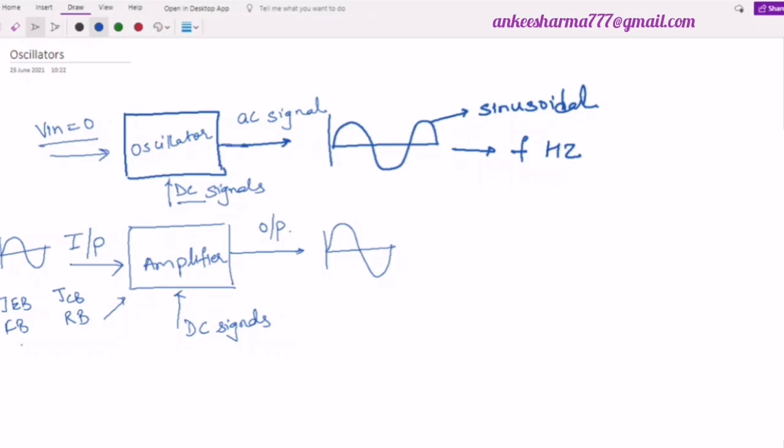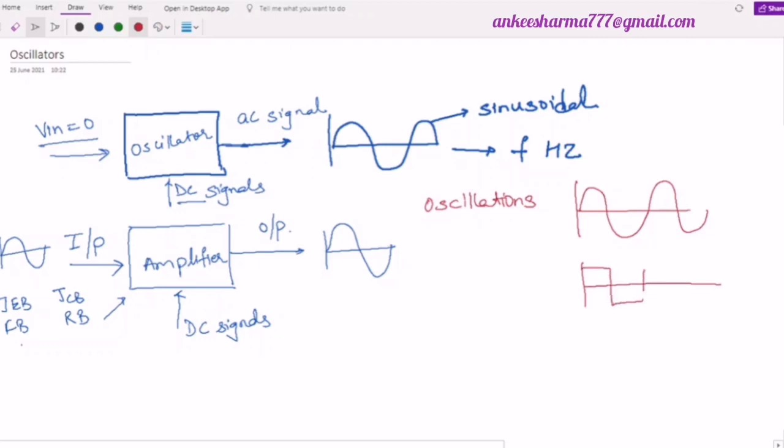But right now the idea is how an amplifier is different from an oscillator. In addition to it, I also want to give you a brief idea regarding oscillations. Now, what do you mean by oscillations? Oscillations are nothing but the signal in the form of either sinusoidal or non-sinusoidal. Non-sinusoidal signal means in the form of a square wave, which has some particular frequency. So in both cases, you will find a time period associated with it. This is the capital T, and over here, this capital T will be this one. So in both cases, you will find a frequency associated with this time period, that is f is equal to 1 by capital T, and we can denote it in hertz.